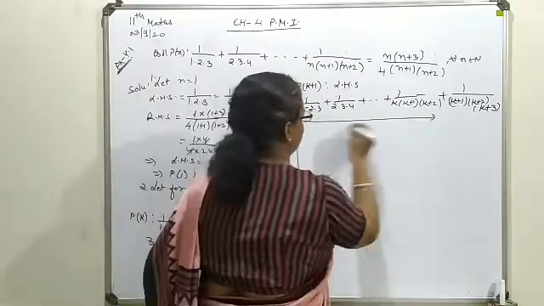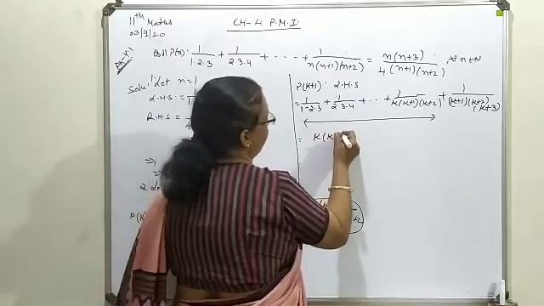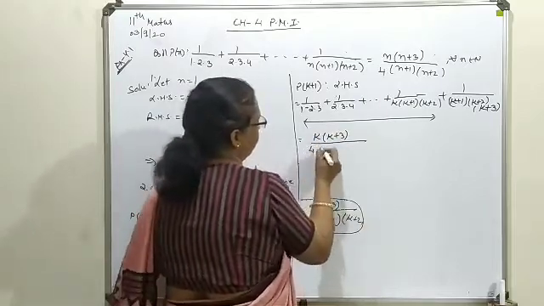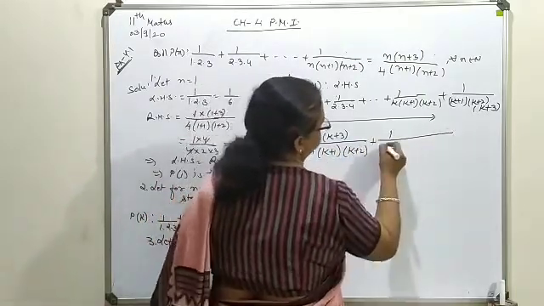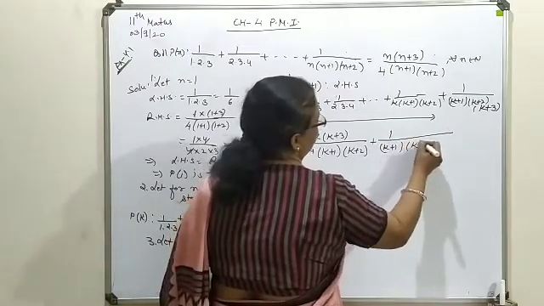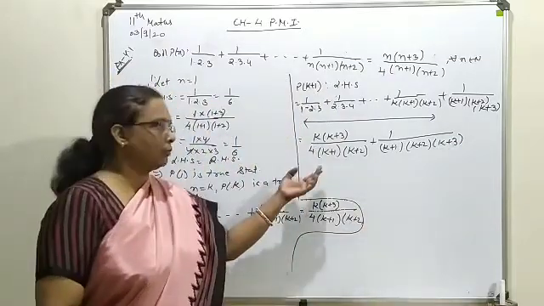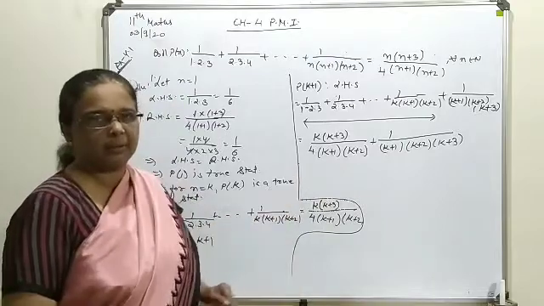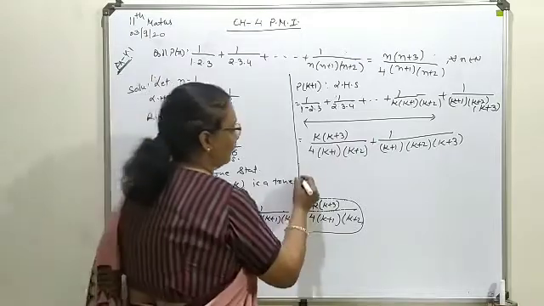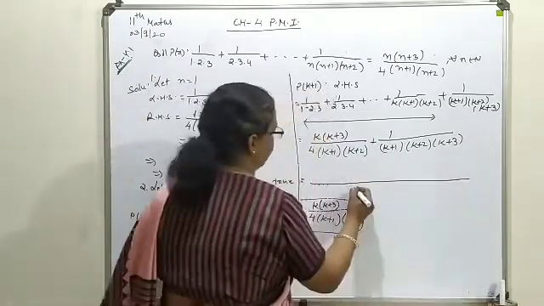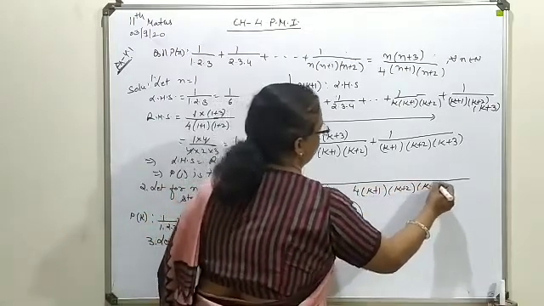Now from 1 to kth term replaced by this combination, that is k into (k plus 3) upon 4, plus 1 upon (k plus 1)(k plus 2)(k plus 3). Here we have to take an LCM for the denominator terms in a combined form. So that will be 4 (k plus 1)(k plus 2)(k plus 3). So go for taking the LCM, it is to be sorted out for the final form.